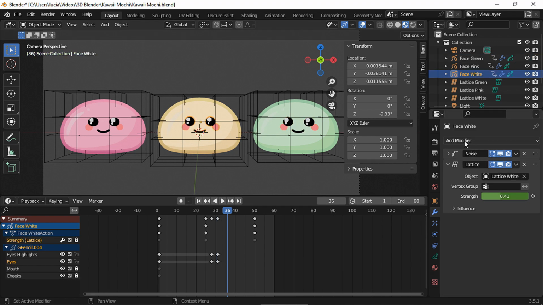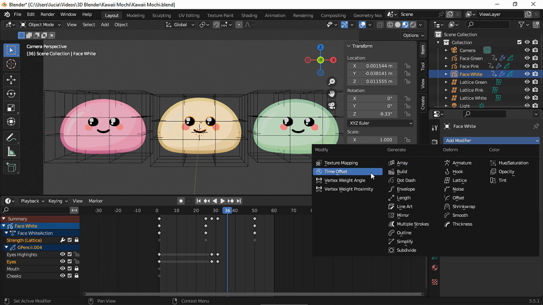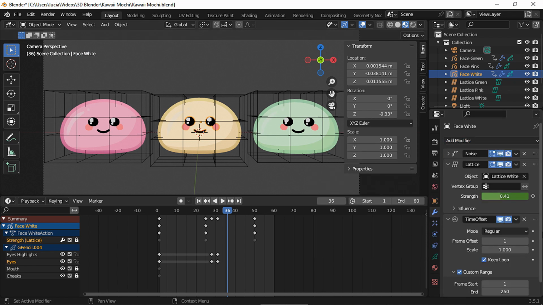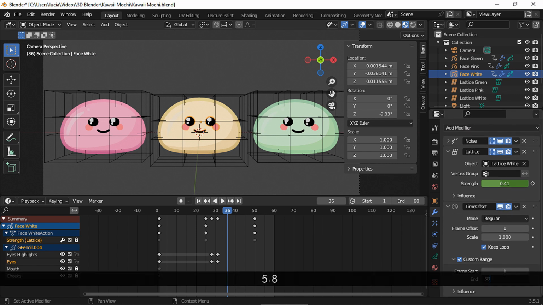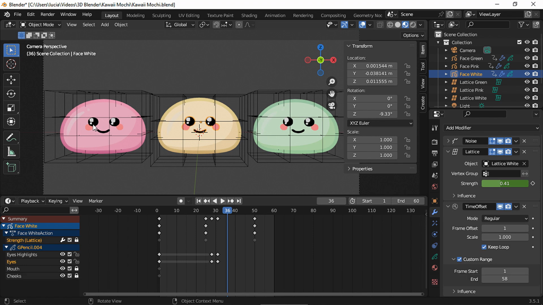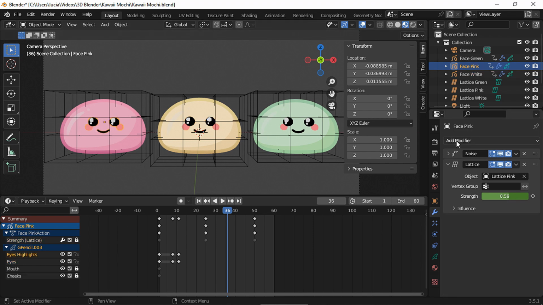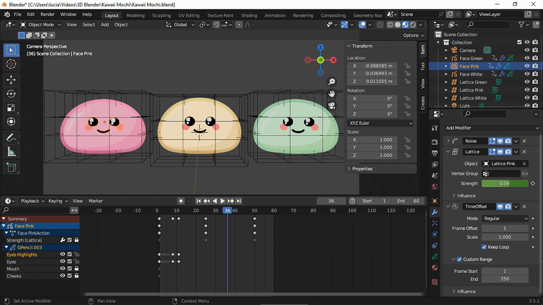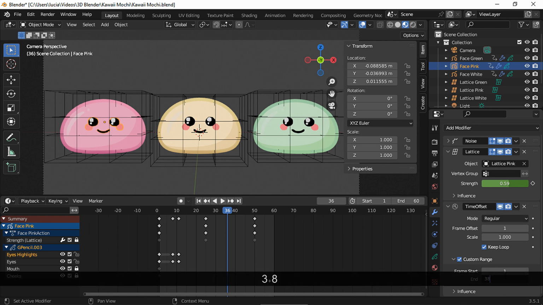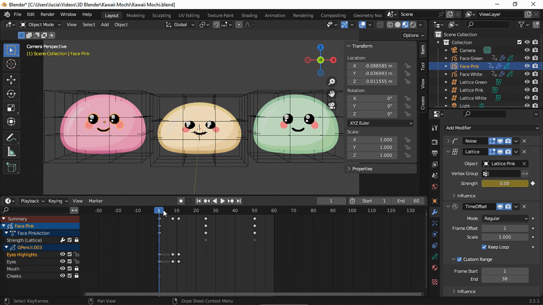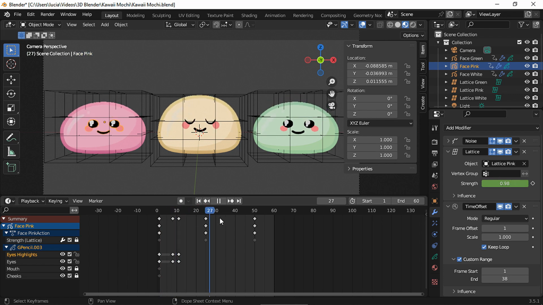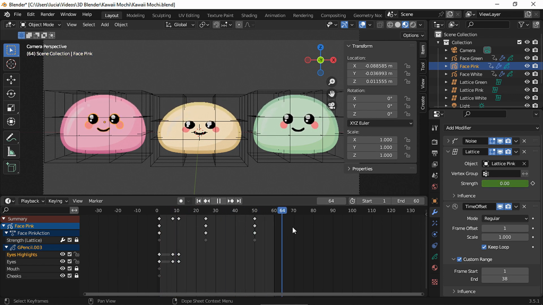Now let's do the same with this grease pencil object, except this time I'm gonna put 58. And now let's add a time offset modifier to this grease pencil object. This time I chose 38. Let's see how it looks with these random values. As you can see, the eyes blink endlessly now, and we desynchronize the animation of the blinking eyes to break the monotony. The final step to getting a loop animation is to make the lattice modifier go on forever.